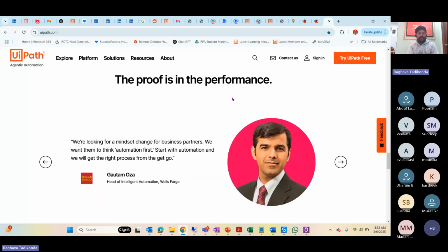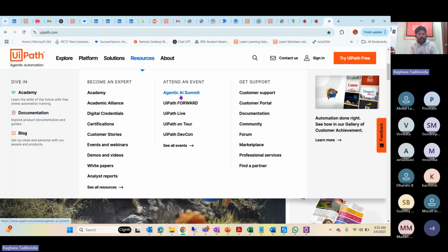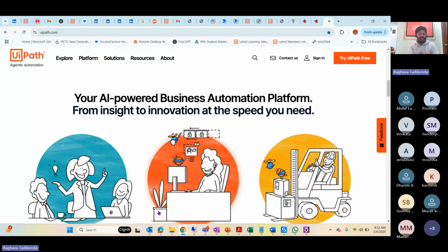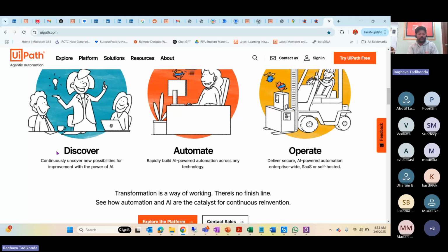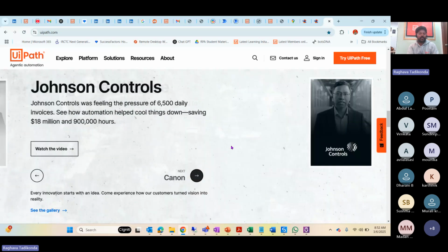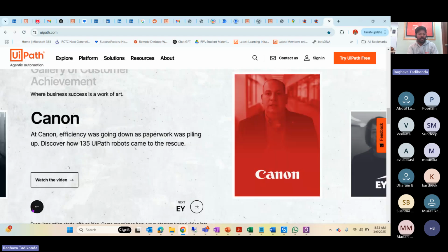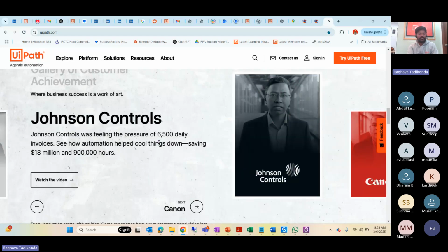Right. So guys, this is the official website of UiPath. As I have told you, it is free of cost. You can go through this website today and just get some knowledge. What is discovery? What is automation? What is operate? What are some clients giving their valuable reviews and feedback? See what they're telling you here. In Omega Healthcare, Johnson Controls, 6,500 daily invoices they are processing. Now automation helped them to save $18 million and 9 lakh hours of time,